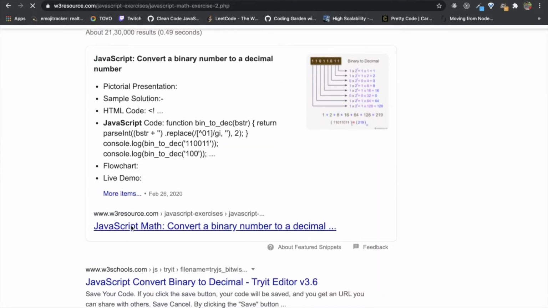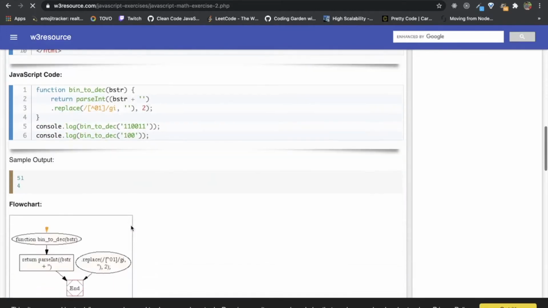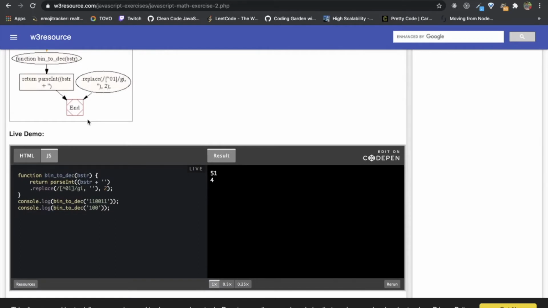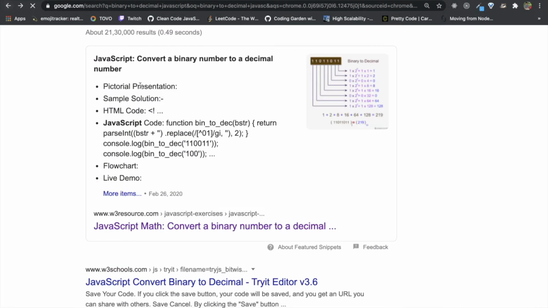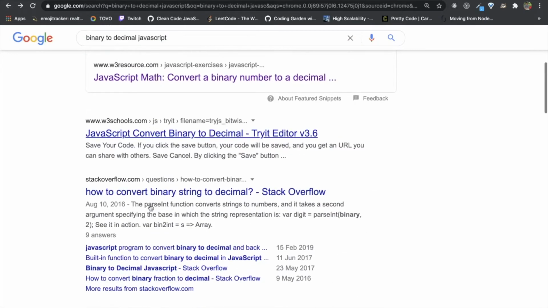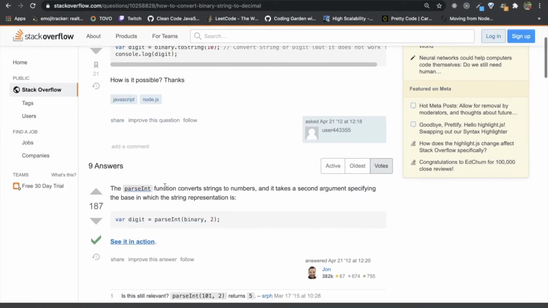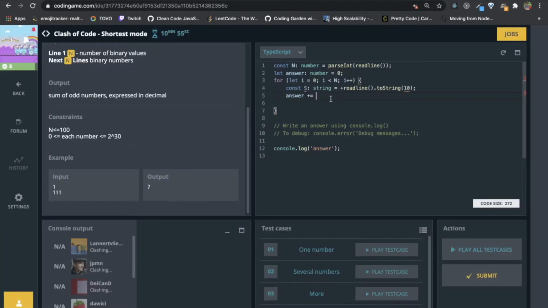Okay, binary to decimal, this is not working. Yeah, the plus trick will work here.